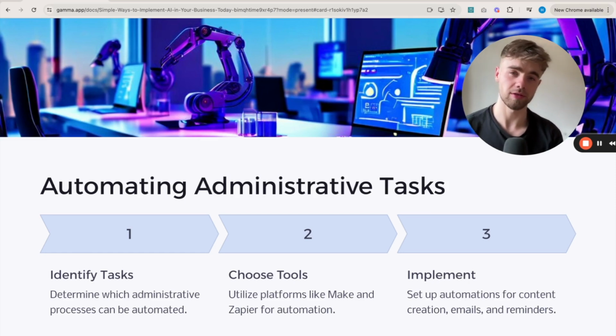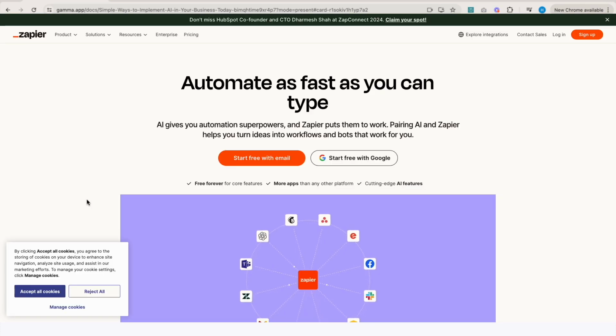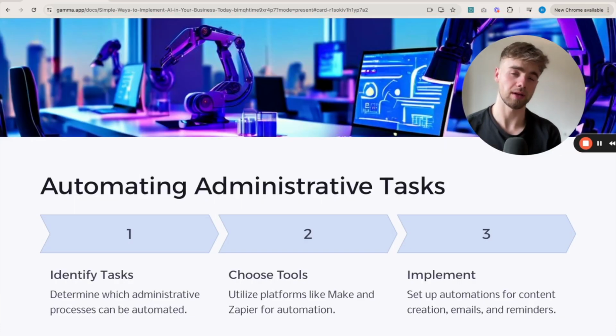I add to the post and delete little parts, but again, it saves me so much time. But yeah, you can do a lot of this yourself using, as I said, websites like Make.com and Zapier, which I'll link below. To start off, I would probably pick a simple administrative task and then maybe work your way